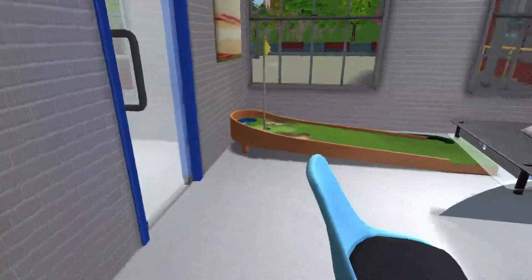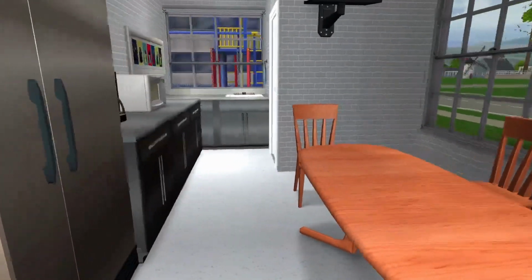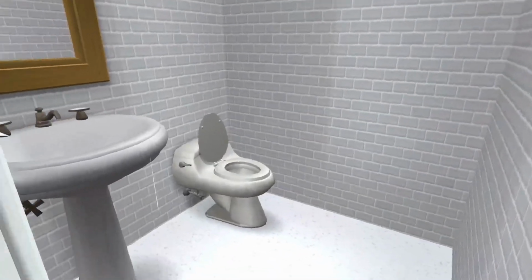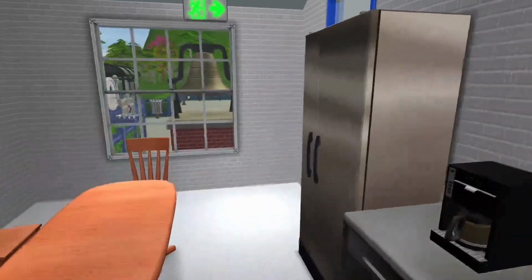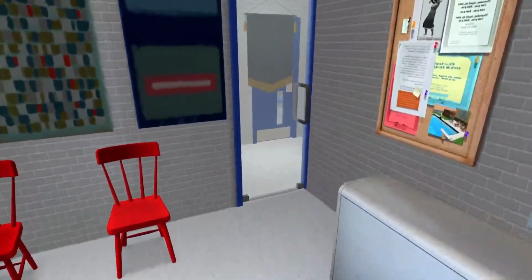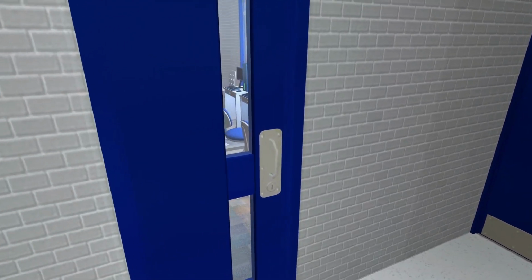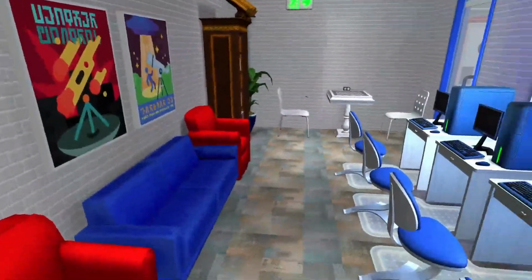And then back here is the staff lounge with a seating area and just a place to make lunch and a little bathroom. If we go back out, and so these doors, the principal's door and the staff lounge area, can be locked. We can also lock the office if we want. And then there is a classroom door here so that we can keep students in or out as we desire. And this is just the little computer